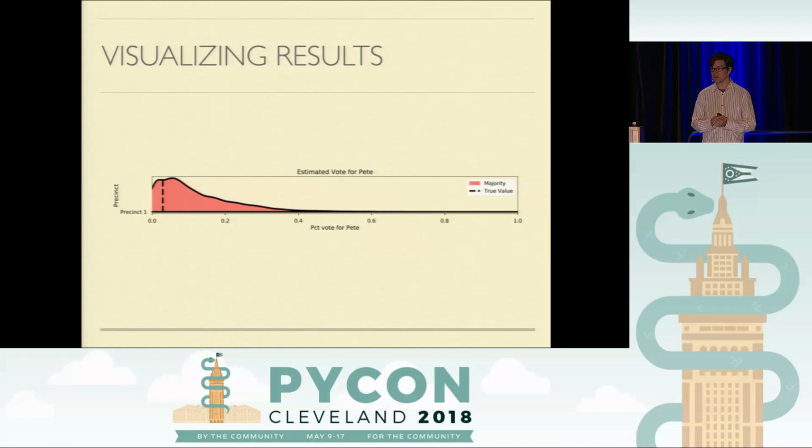So what PyMC3 did was it went through and it simulated, in this case, 5,000 different worlds that might be reasonable given the data that we observed and the model that we specified. I'm going to plot also the minority demographic vote for Pete on the same axis. So you can see here again, it was pretty close to the peak of the distribution.